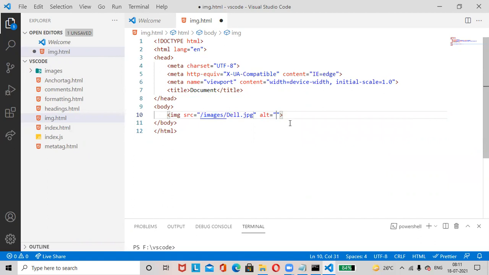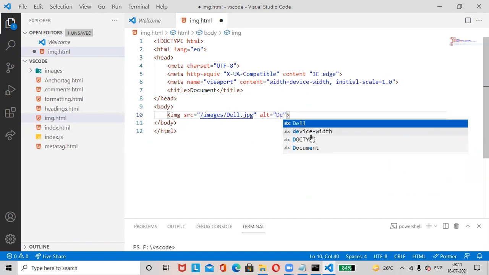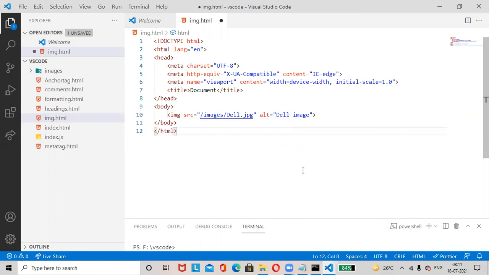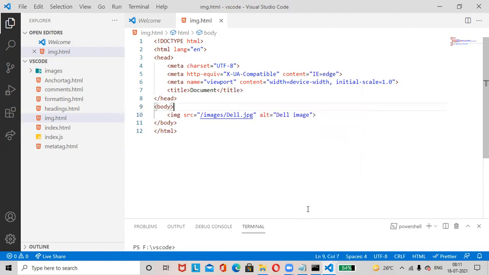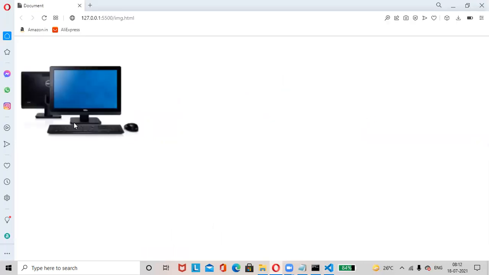I'll select dell.jpg. For the alternate text, I will specify Dell image. Save the file with Control S, right click, open with Live Server. See, the Dell image is displayed here.